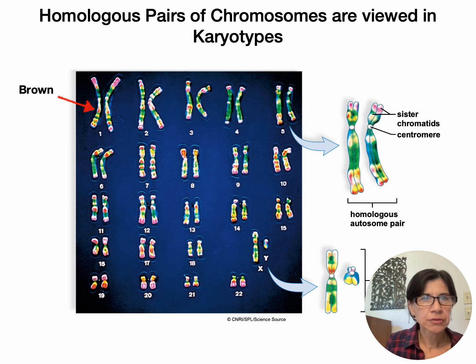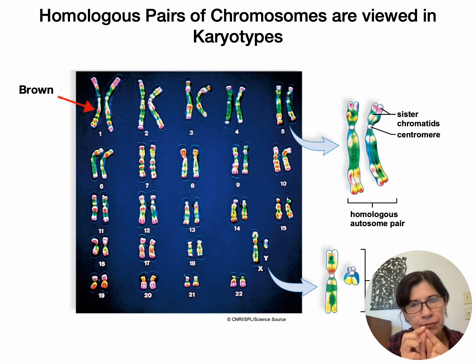So this picture that I have here is called a karyotype. A karyotype is actually something that lab technicians do. They will get one of your body cells, and you've learned about mitosis now, they'll get it in prophase or metaphase of mitosis where the chromosomes are visible, right? So they're not in the form of chromatin, they're in the form of condensed chromosomes. And they will take an image of them with a microscope and they'll stain the chromosomes and then they will